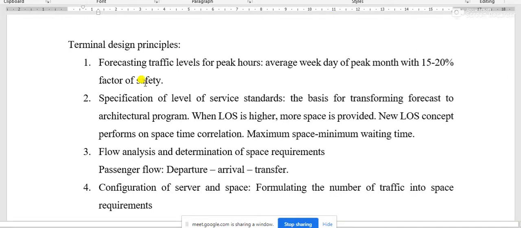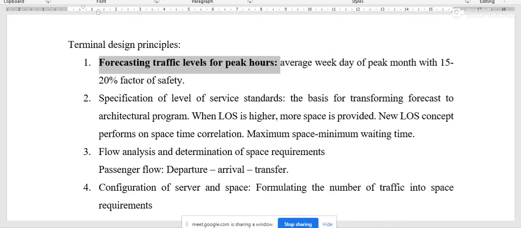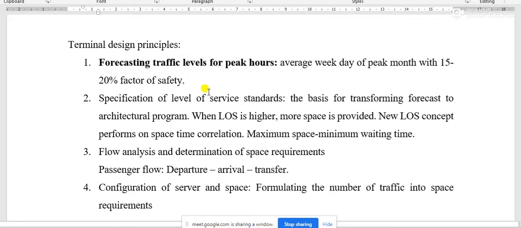First of all, the first thing you have to do before going to design a terminal building is forecasting the traffic level. This one is the main principle, that is, forecasting traffic levels of peak hours.